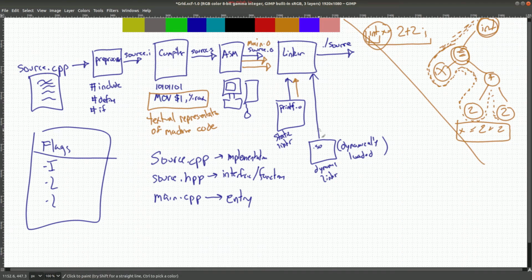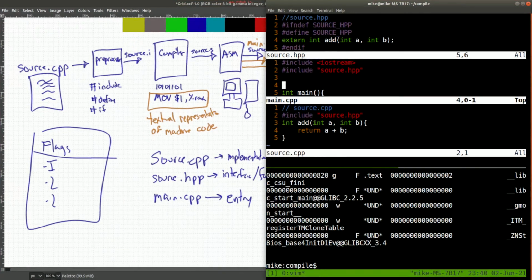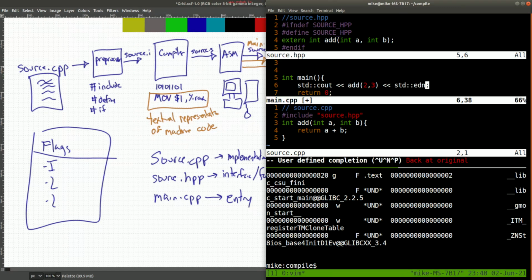Now we can have other libraries also dynamically linked in. So for example, let's make our executable a little bit more interesting, and let's finally print out some value here. We'll use the standard cout function to finally print out our result, and maybe end here. And let's just compile